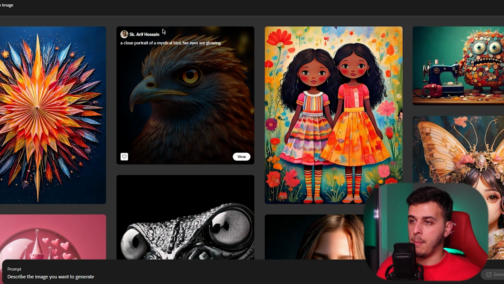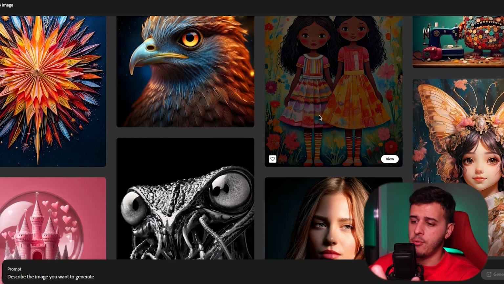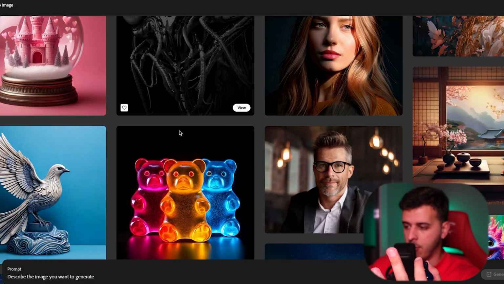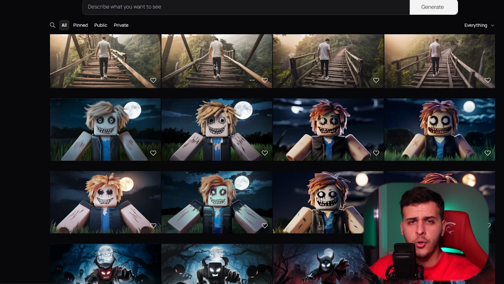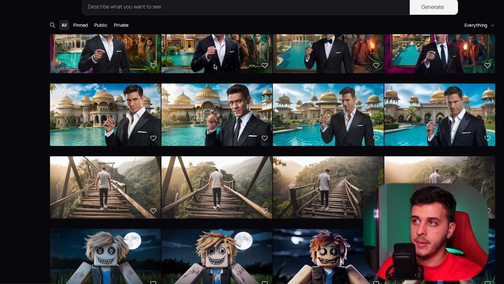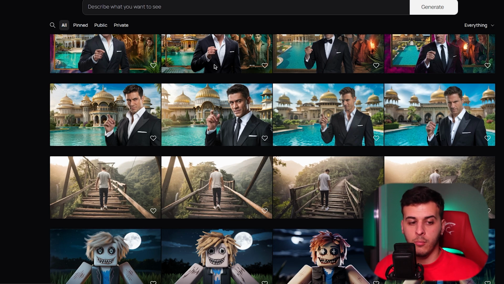When you open up this link over here, you click create with Firefly, and here you can see generated images by Firefly, which look super amazing. Again, these are probably the best of the best. So I'm going to compare it with my favorite model, that is Ideogram. It has some free generations, but in most cases you will have to pay if you want more than 5